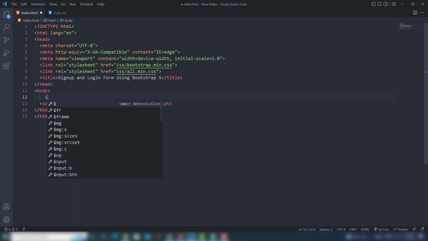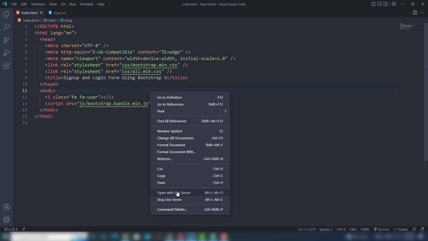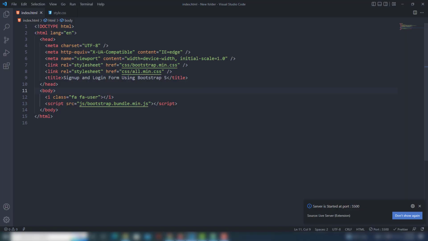So let's see if Font Awesome is working or not. So I'm going to use the class fa-user, right click it, open with live server. As you can see, Font Awesome is working right now. So let's work on creating the login and registration form, right? So